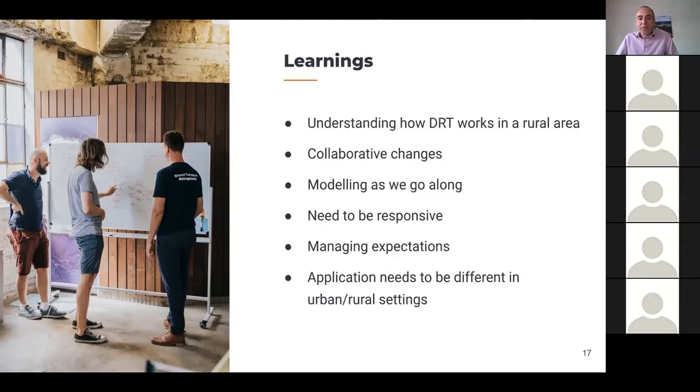But it's also allowed us, as I said earlier, to model things as we go along, which means that every decision we make is based on fact and real data, rather than what we think we might need to do. And I think that is critical, because it's very easy to assume what is right or what is wrong, but actually backing it up with the data, being able to model it and see the impact of it, is critical.